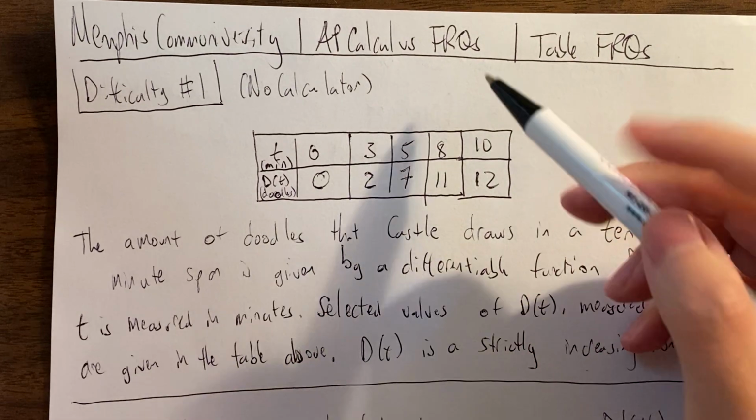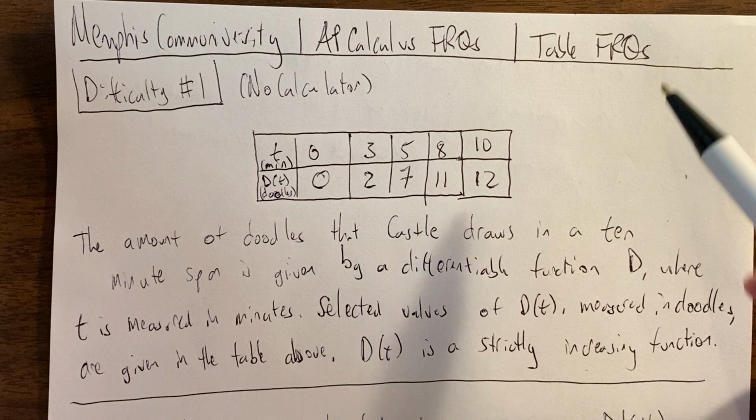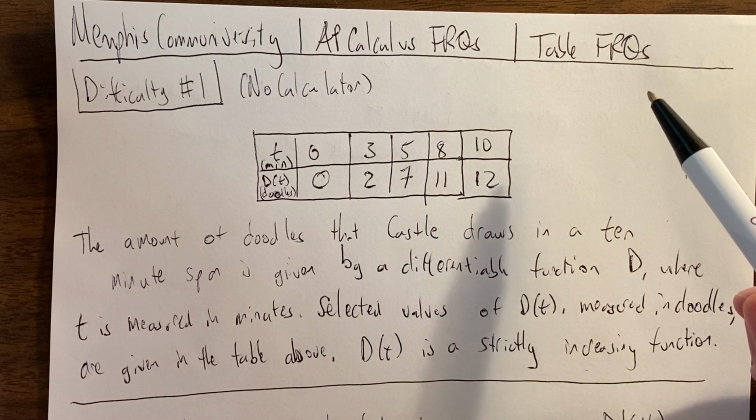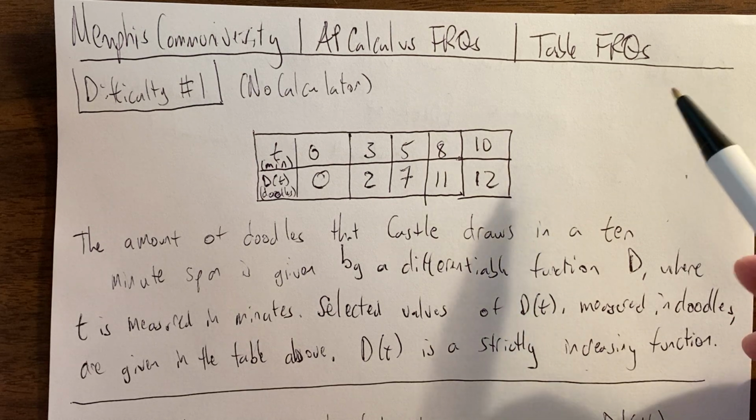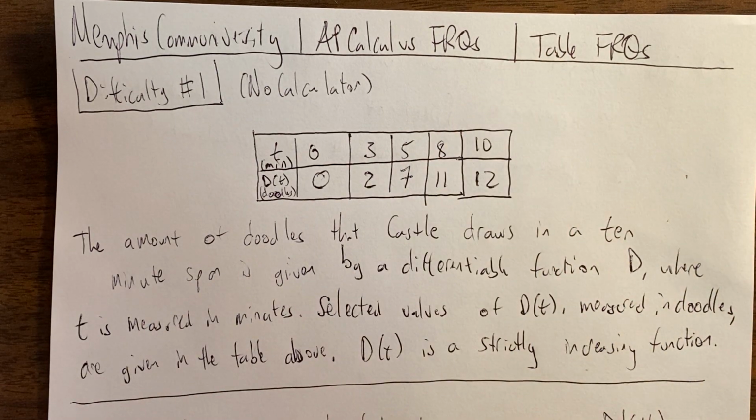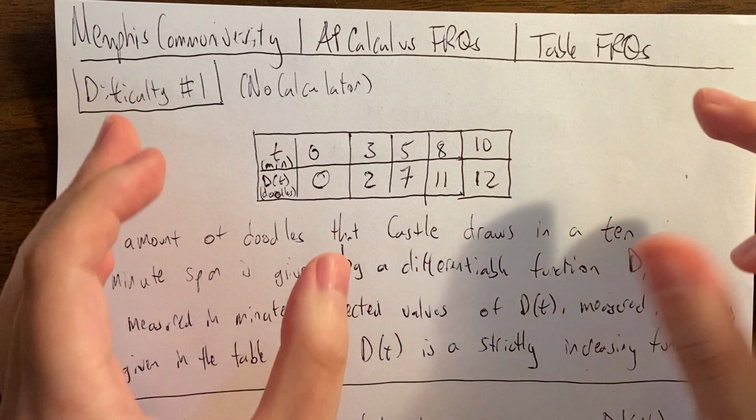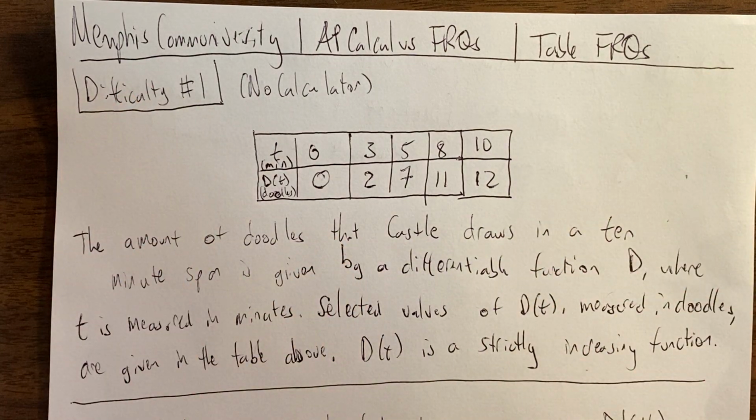Today we are going to be practicing AP Calculus free response questions, and today we are doing a very common free response question that appears on both the AB and the BC versions of the AP exam, and that is, of course, table free response questions. I usually refer to table free response questions if there's obviously a table and there's some sort of situation. As you'll see, sometimes the situation will be particle motion, but in this case,